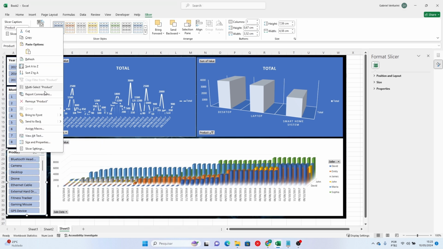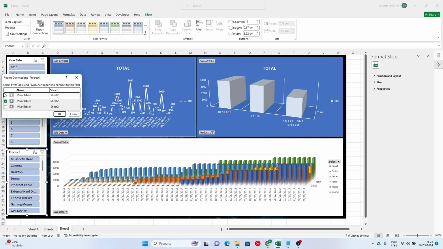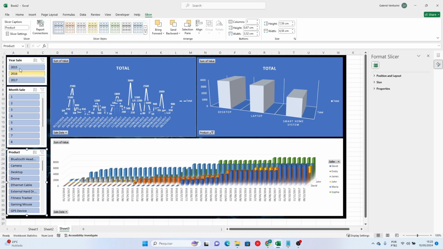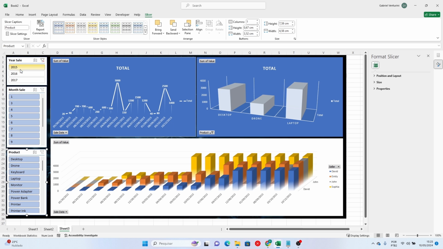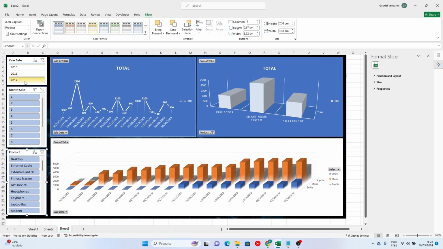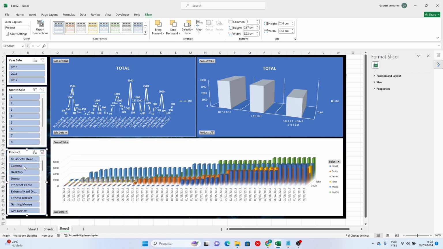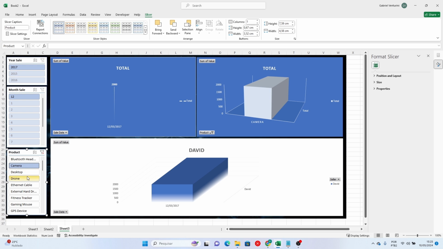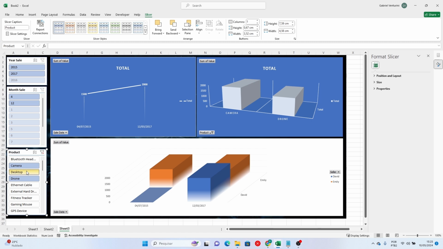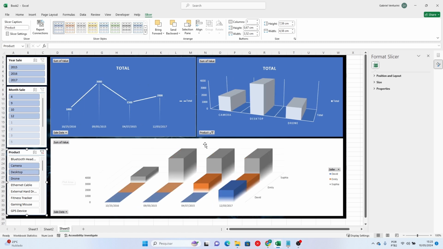Now when I click in 2015, it shows only the 2015 values. In 2016, only the 2016 values. In 2017, only the 2017 values. I want to filter only the cameras. It shows the total value. Camera and drone. Camera, drone, and desktop. It shows here. This way it is very cool. And you can have a more visual, attractive presentation to present to your team or your project,